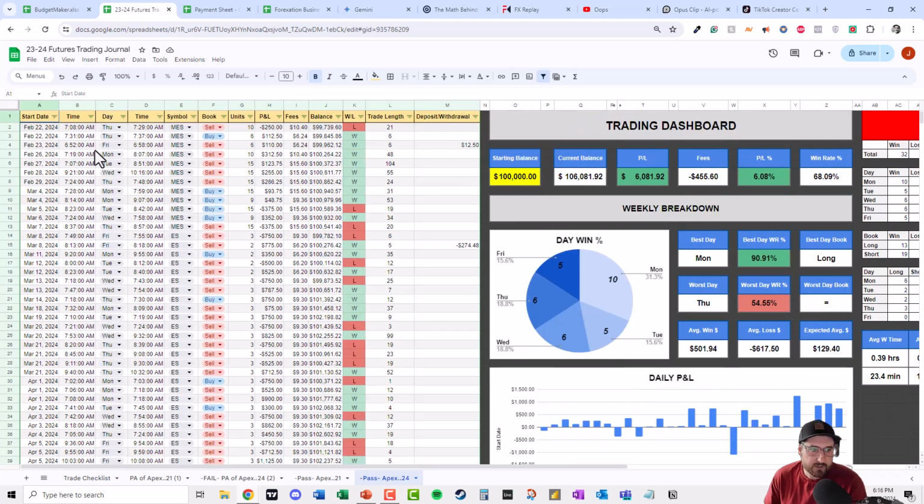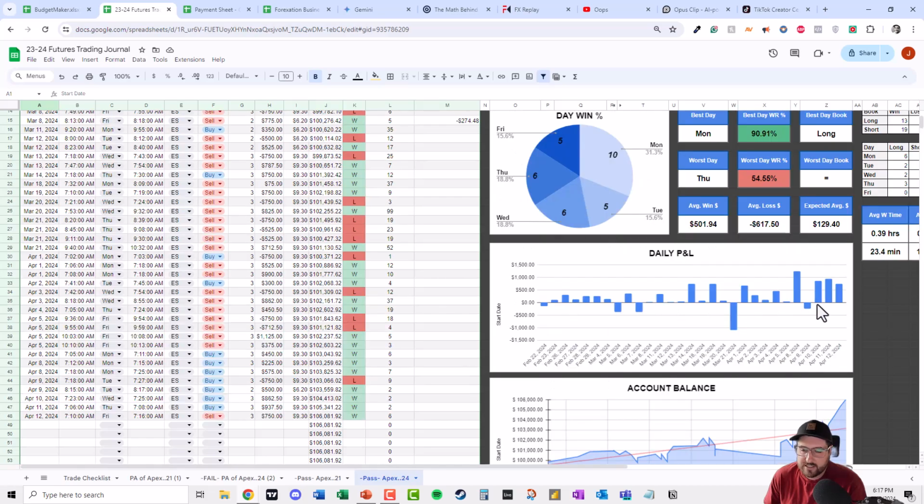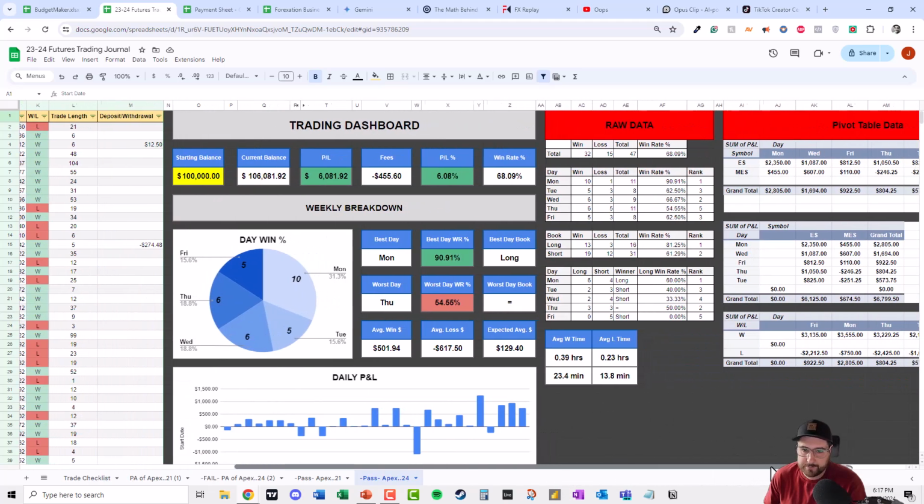You can see I put in the time, day, symbol, buy, sell, how many units, profit, fees, and then our new balance, win or loss, how many minutes I was in the trade, and then if I had to deposit or take out money, right? You can see the account growth, daily profit loss, which days you won the most on. For me, it was Monday I had the most wins on. 90% win rate on Mondays. Thursday for this account was the worst. It was a 54% win rate,